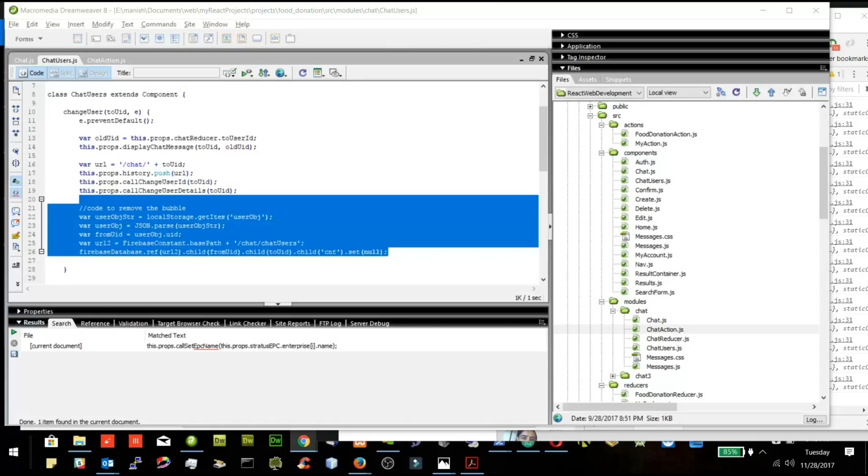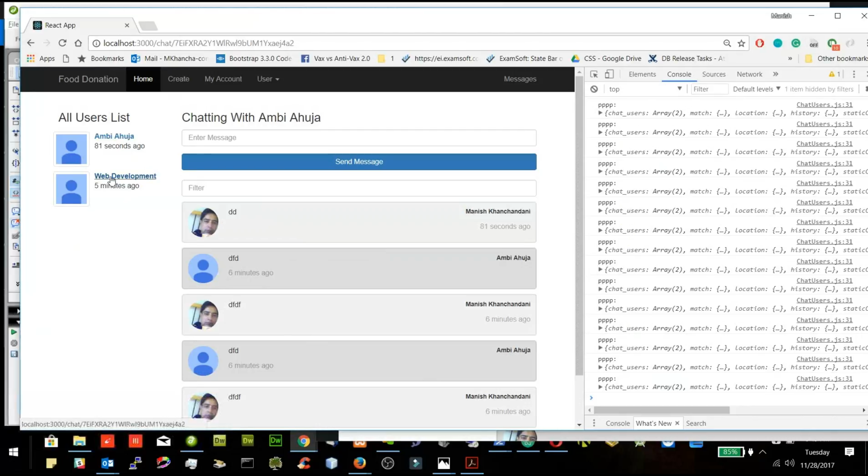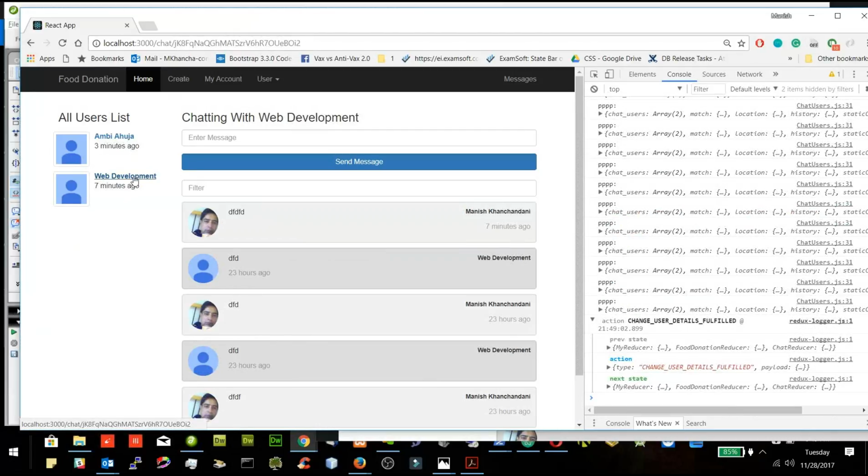Okay. Now one more thing we will do. If you see this, I click this web development and I'm chatting with this web development. I will change the background of this row to some different color so that I should know which user I'm chatting with right now. So what I will do, I will create one